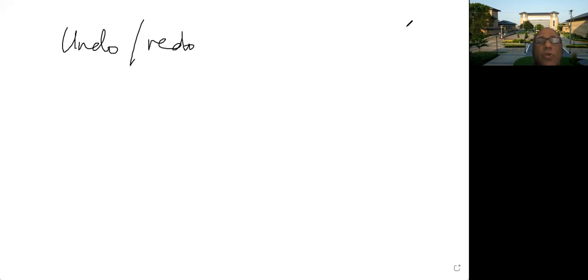The other thing is undo redo. This is very simple, but very, very useful. As you know, we all do this all the time when we create documents. How do you undo and redo operations? I don't need to explain what undo and redo mean. So what we do is very simple. As you do things like drawing lines or rectangles or circles or writing text like this,